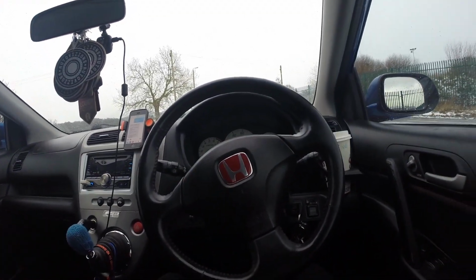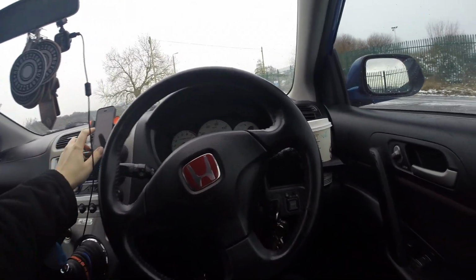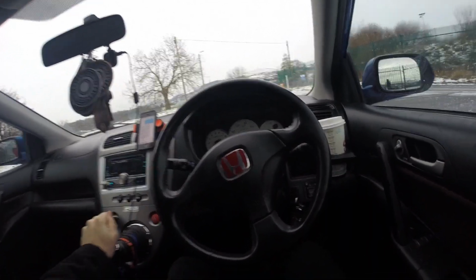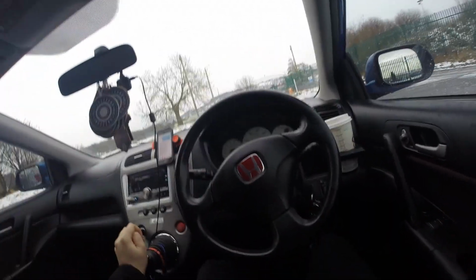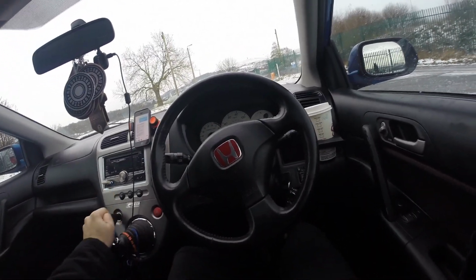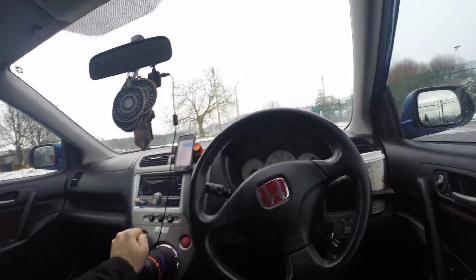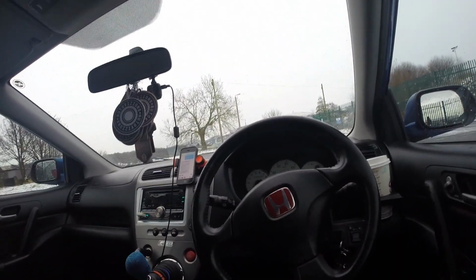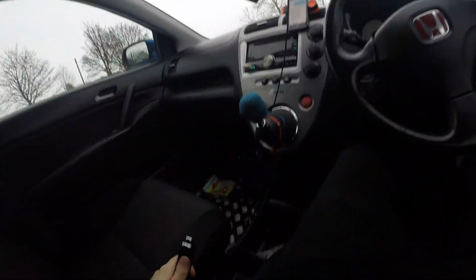And a few other bits as well, like the standard exhaust system, rubbish. It's just too quiet for what it is. The back box of it is huge, so you want a bit of grunt. And don't get me wrong, I know there's noise limits and everything like that, but still, just not the one, really. And last thing as well, the handbrake,